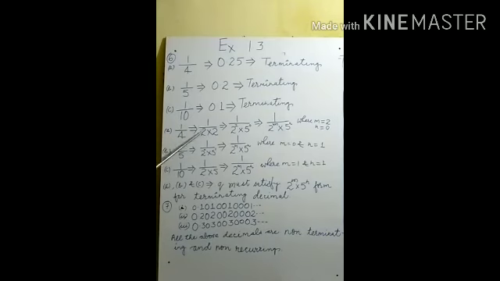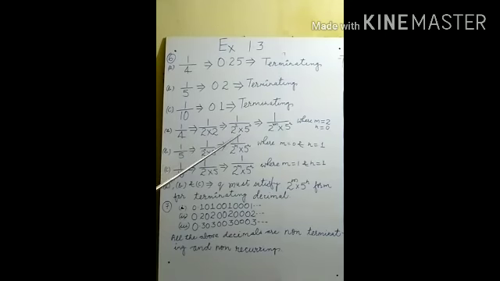Now see, 2 into 2. 2 is multiplied by 2, so this can be noted down as 2 to the power 2. In power notation, it can be noted down as 1 upon 2 to the power 2. Now see, any number to the power 0 is itself equal to 1. So we can note down here, multiplied by 1. 1 can be multiplied and there will not be any impact upon the result. So in place of 1, we can note down here 5 to the power 0.